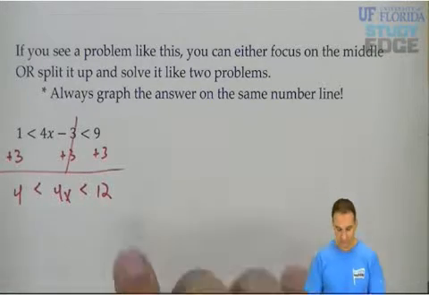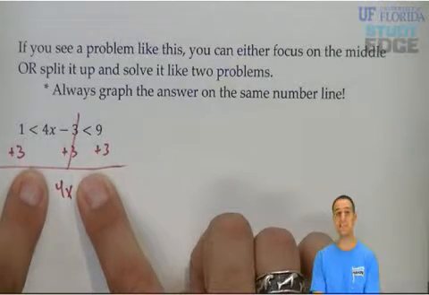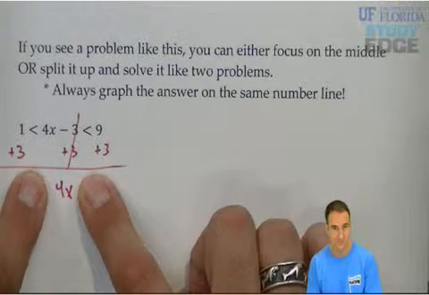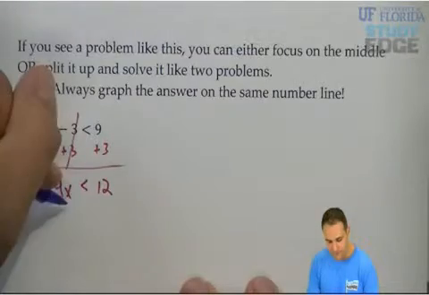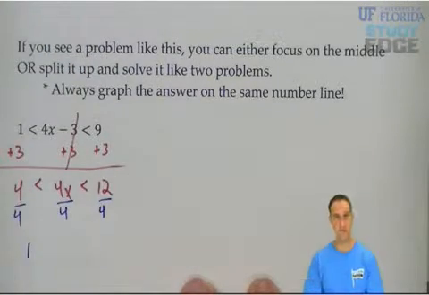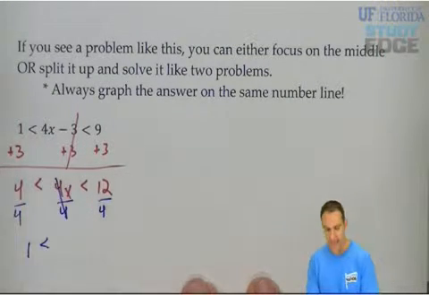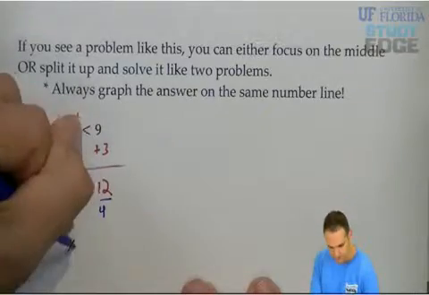Then we look at the middle again. If 4x equaled anything, how would you finish solving this inequality? Divide by 4, meaning you divide everything by 4. 4 divided by 4 is 1. 4 divided by 4 will be 1x, so the 4's simplify. And 12